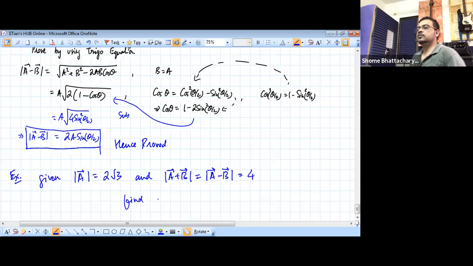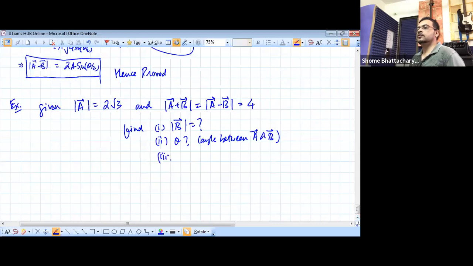So find magnitude of B, theta, the angle between E and B, and also alpha, that is the angle made by the vector sum of A and B with respect to E,